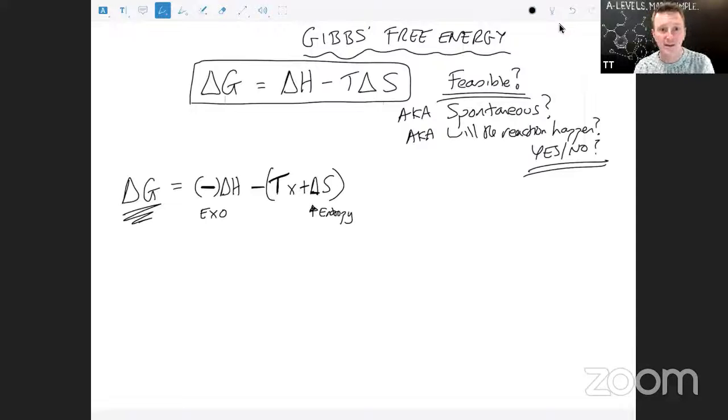So that's why I'm making this point. It's always going to be negative. If you start with minus 10, let's just say delta H is minus 10, and we know that we're only going to get more and more